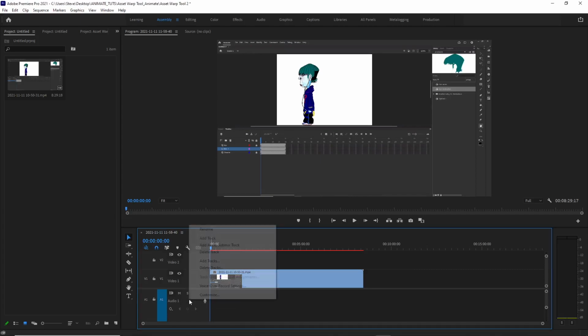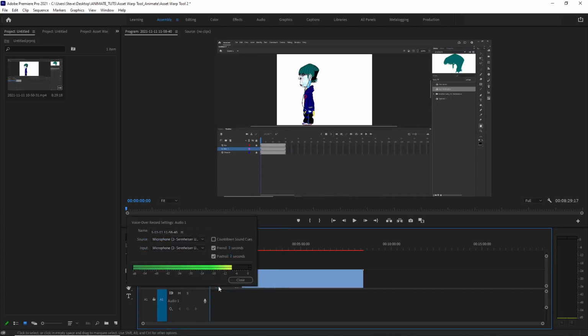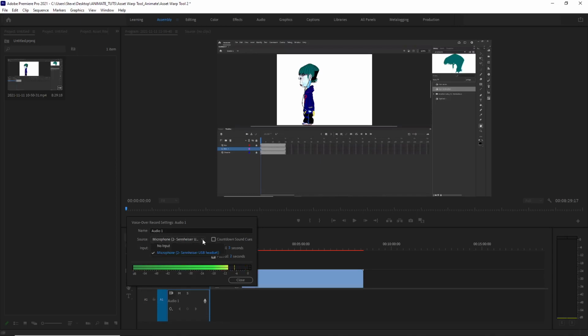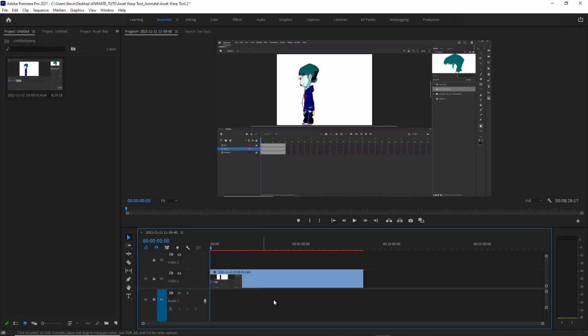Then if you right click on that audio layer, now you've added the icon, you can select voiceover record settings, and then you can click on the drop down next to source and select whatever you're using. So I've got a microphone connected to a headset here, so if I select that,